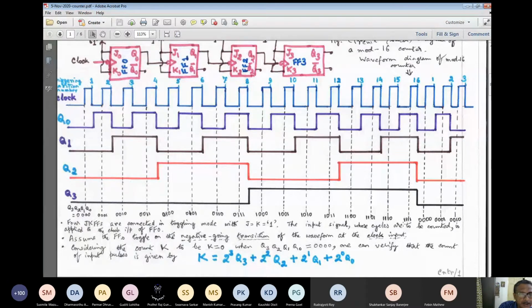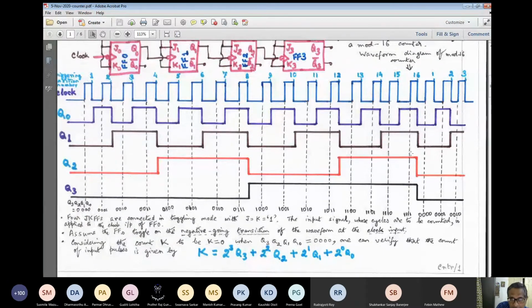See why we call it a ripple counter: all of the flip-flops are at the set state. Now first Q0 falls from 1 to 0 and it triggers a transition in FF1, so that also falls from 1 to 0. As if this transition is triggered from this end to this end, from the Q0 point to the Q3 point, like a disturbance traveling across. The transition in the clock has triggered Q0, that has triggered Q1, Q1 has triggered Q2, and Q2 has triggered the transition in Q3, in strict sequence.